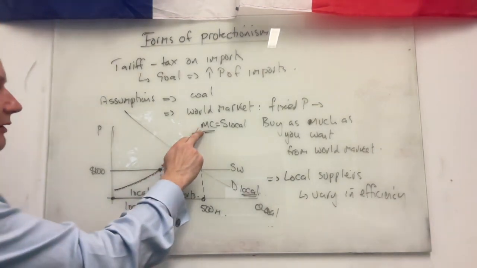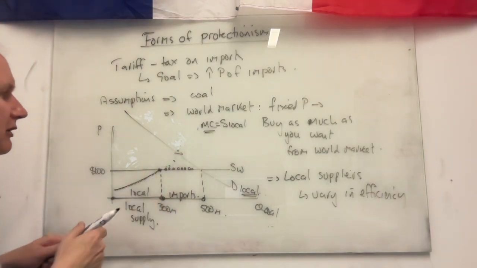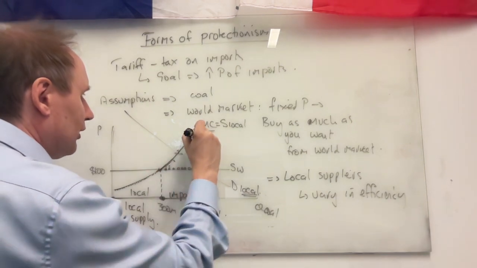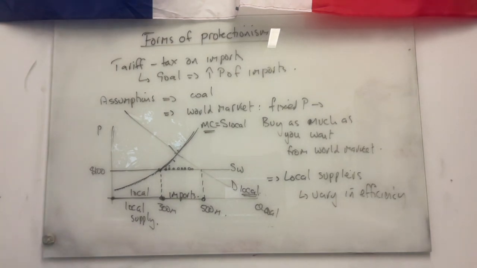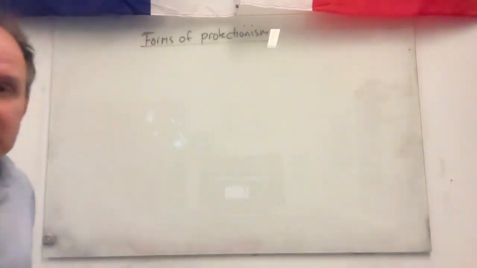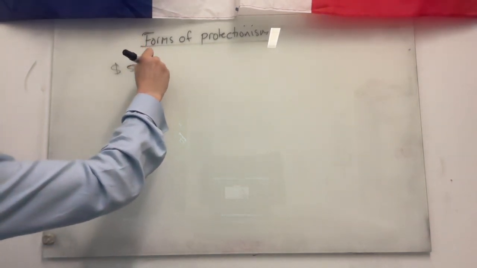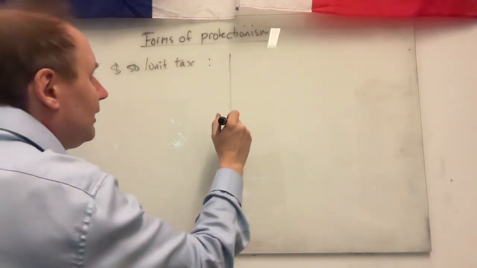And let's suppose then, I'm just going to put this supply curve back. Let's suppose that the government says, well, I actually want to protect the local coal industry. So what they're going to do is they're going to impose a tax. I shouldn't get rid of the whole thing. I'll bring it back. I'll remember the numbers. So what's the effect of a tax? Let's suppose we put in a $50 per unit tax. That's only going to affect importers.